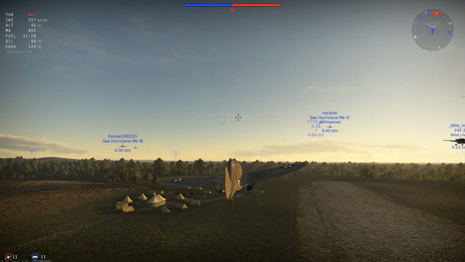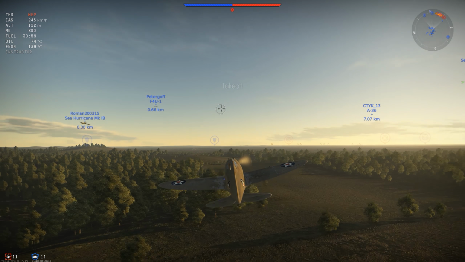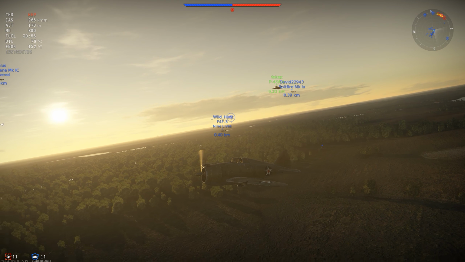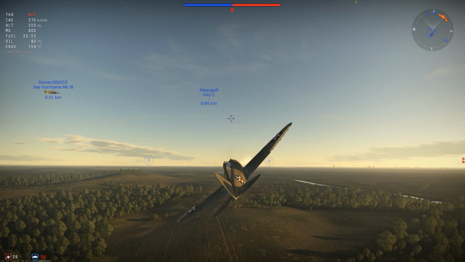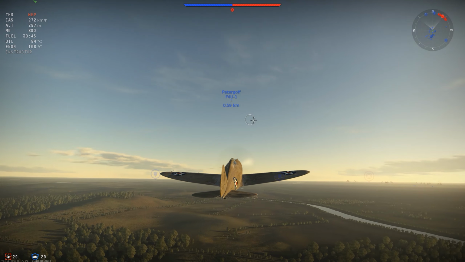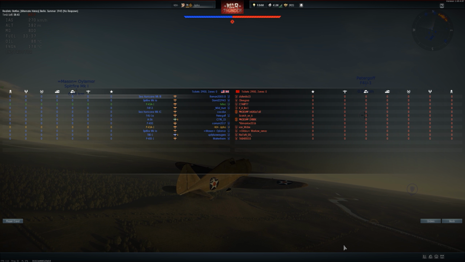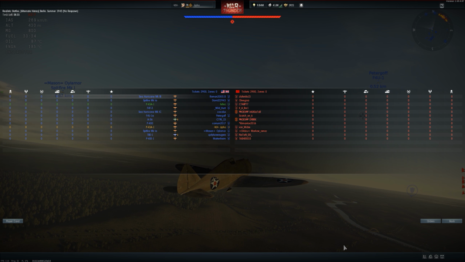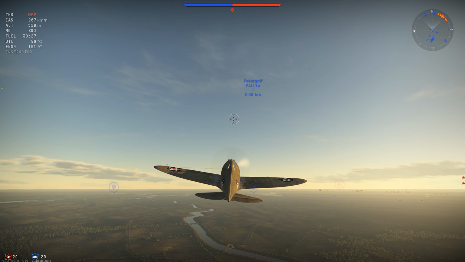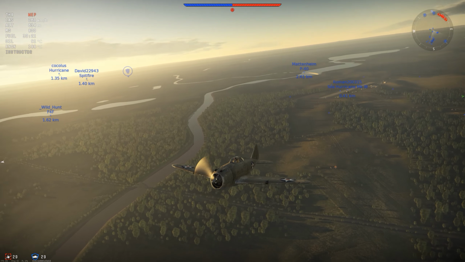Whoa. That Corsair almost flew into a forest. So yeah, now we can compare our performance against some other planes here. We got a Sea Hurricane, some Corsairs, Spitfire Mark 1. And it looks like it's 3.7 maximum, so it's not the highest up-tiering, but it's pretty high, like 0.7, so